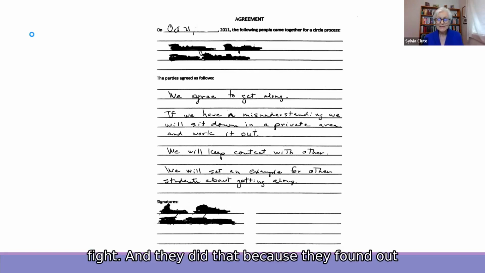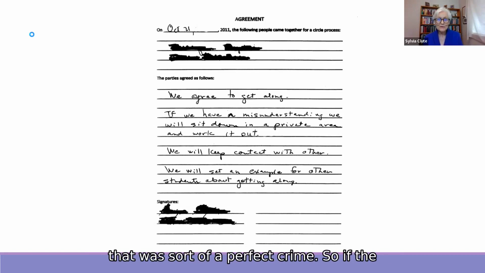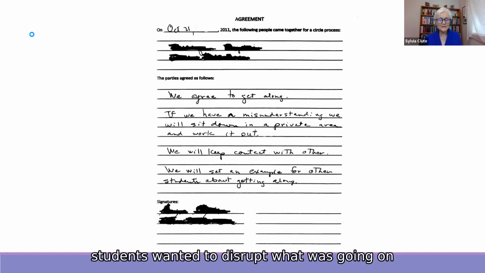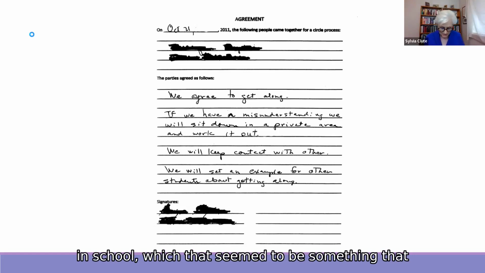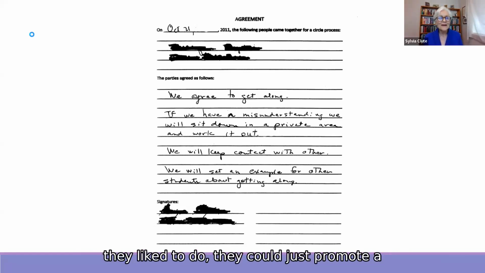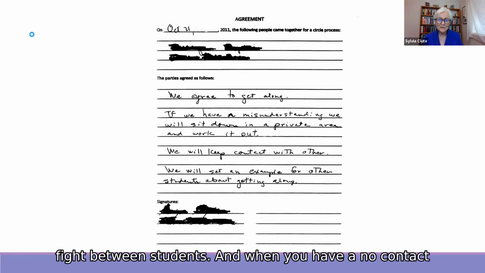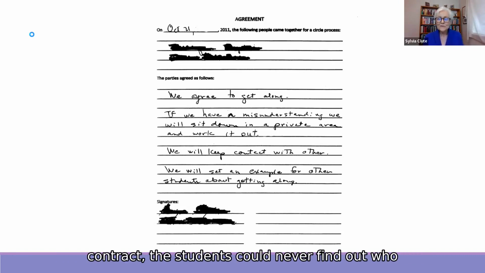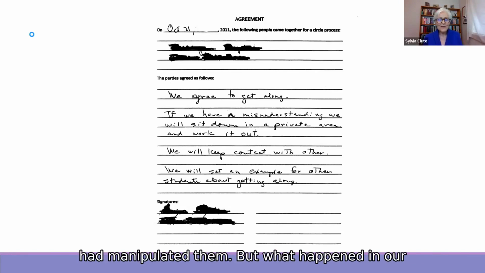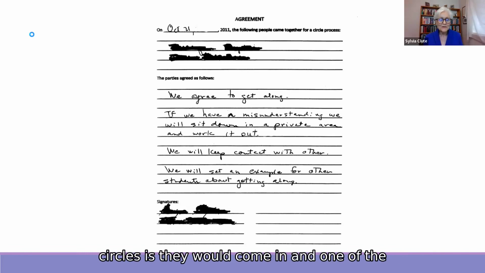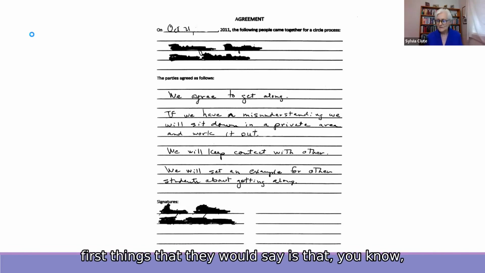And they did that because they found out that was sort of a perfect crime. So if the students wanted to disrupt what was going on in school, which seemed to be something they liked to do, they could just promote a fight between students. And when you have a no contact contract, the students could never find out who had manipulated them. But what happened in our circles is they would come in, and one of the first things they would say is that,